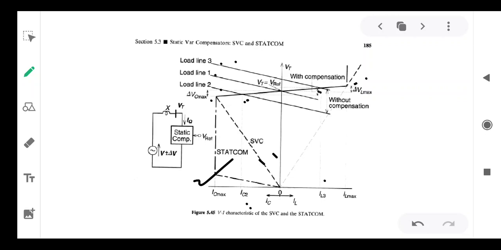So therefore, by supplying the currents as per our requirements by the SVG, both SVC as well as STATCOM, you can implement the VI slope control, so that the other voltage control devices are also used to provide the required control, which will be discussed in VAR reserve control in the next videos, right?